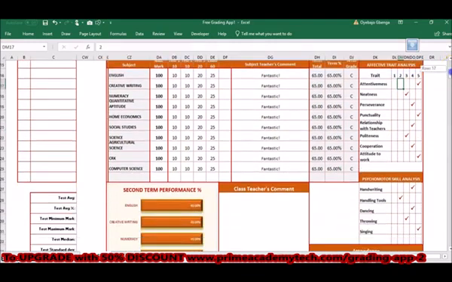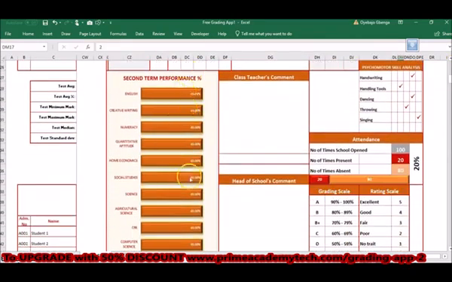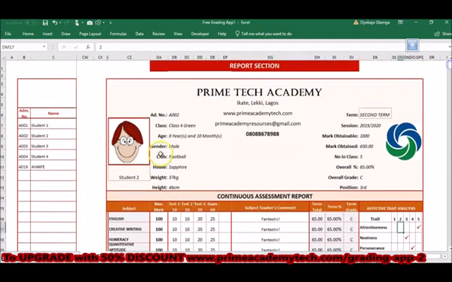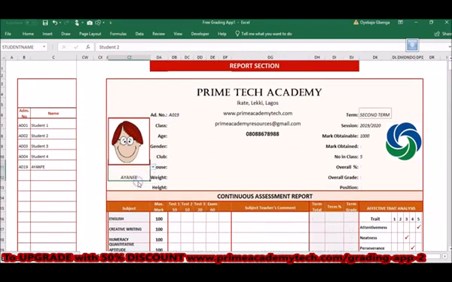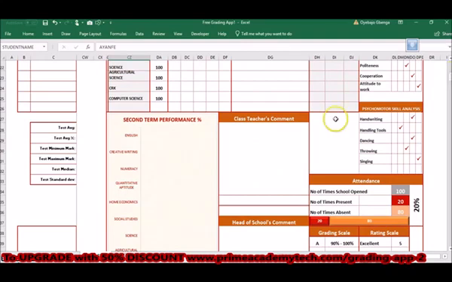And coming down, I've made a graphical analysis of the grade, which will update automatically when you select any child's name. You can see that I don't really have data for Anyofeso, and the graph will show nothing. So the class teacher comments come here, the head of school comments come here,